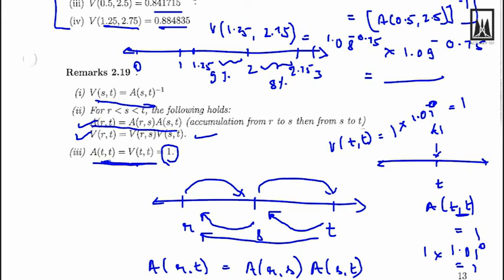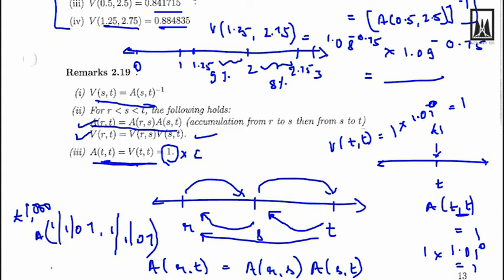Because these are factors, it's not taking into consideration any capital amount. That's why this is 1. If there was a capital amount, we would just multiply 1 by the capital amount. So basically, if we wanted to find the present value of £1,000 invested on 1st January 2007, we want the accumulation from 1st January 2007 to 1st January 2007. What would it be? It would be just 1 multiplied by 1000, which would come out again to be £1,000.